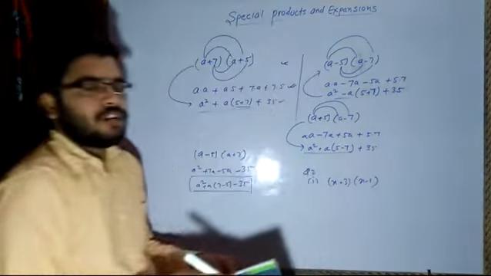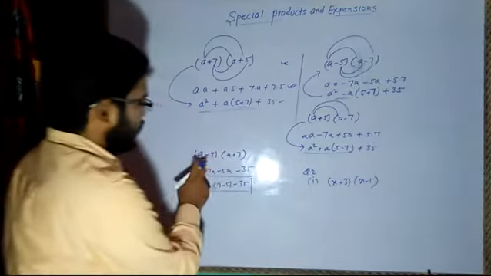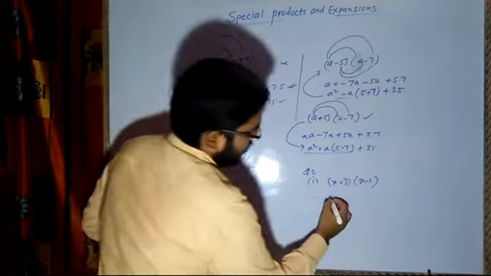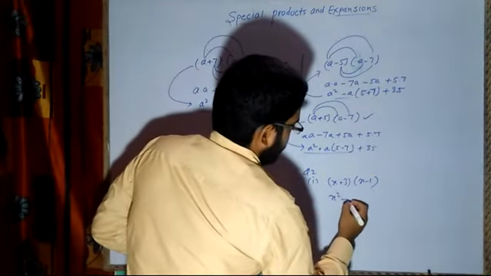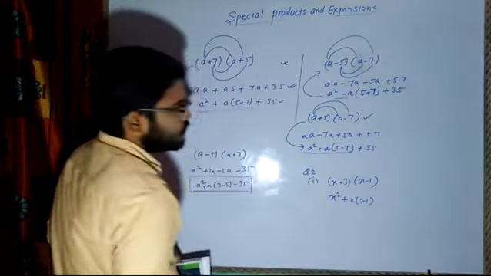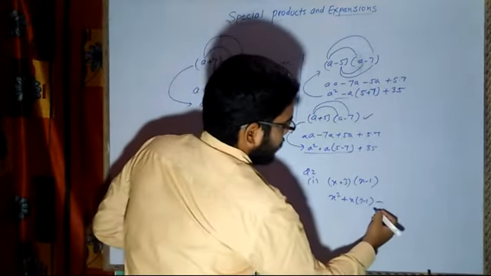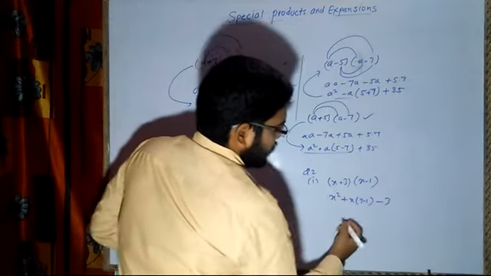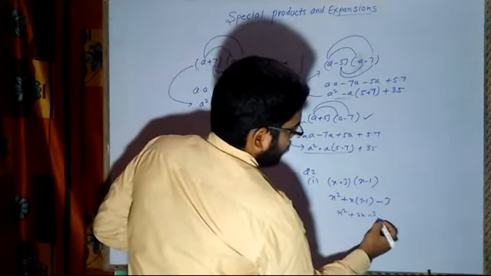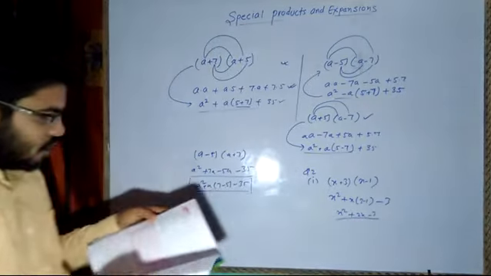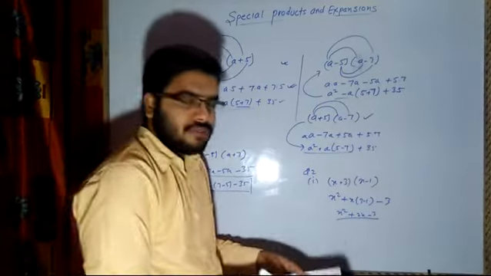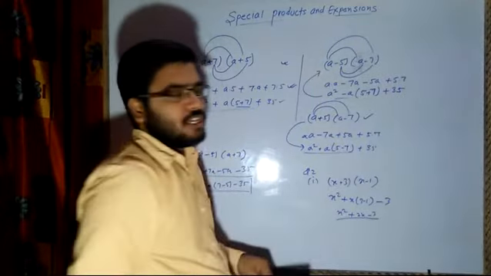Now using a special product, which one will come here? Plus minus. So you can write here x square, then you have plus x, then 3 minus 1, then you have plus minus minus 3. So you have again x square plus 2x minus 3. So like this you can solve question number 2. Let me verify also. Yeah, x square plus 2x minus 3. So in this way you are going to multiply.